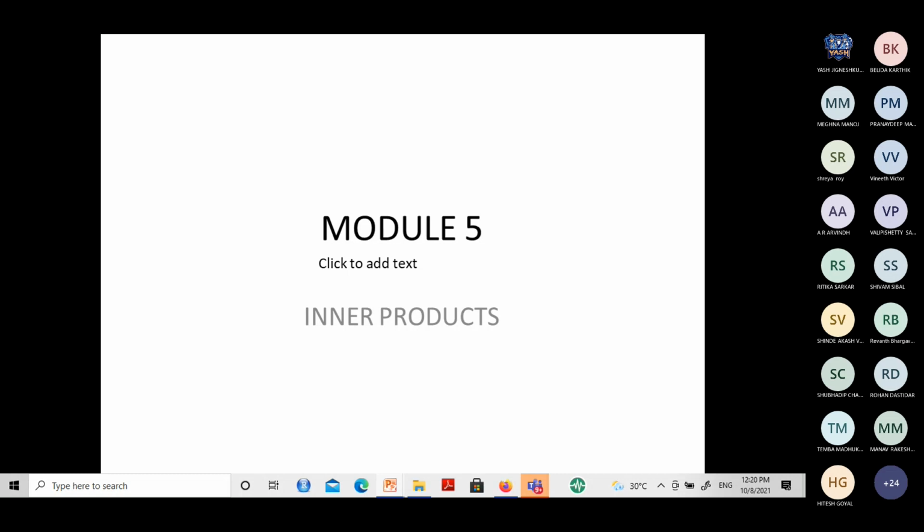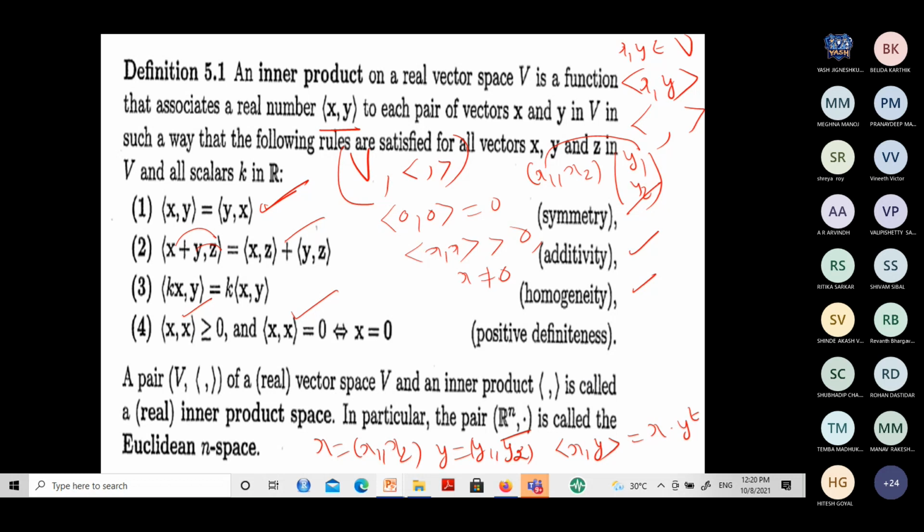Actually, inner product is something which we are going to attach to a vector space, so that the vector space may hereafter be called an inner product space. So what is that inner product? It is like considering two vectors from the vector space and applying some operation. After that, you get something. If we see the definition, I think you'll understand better.